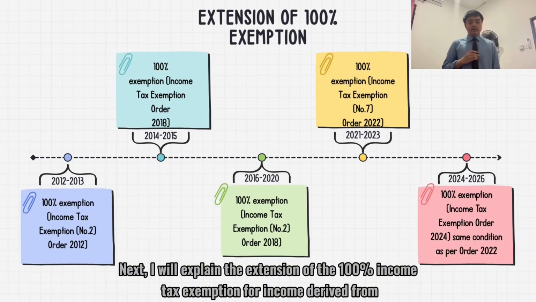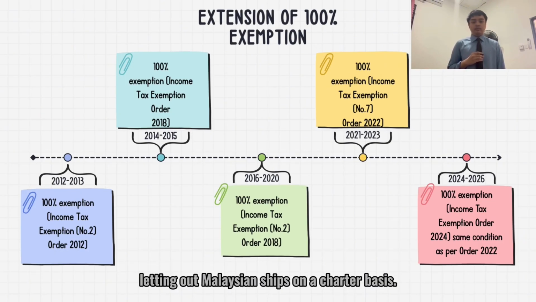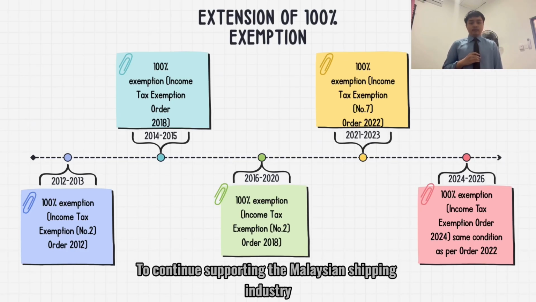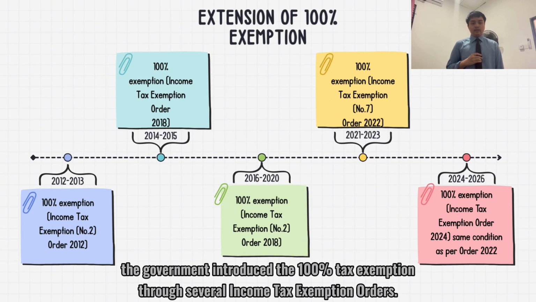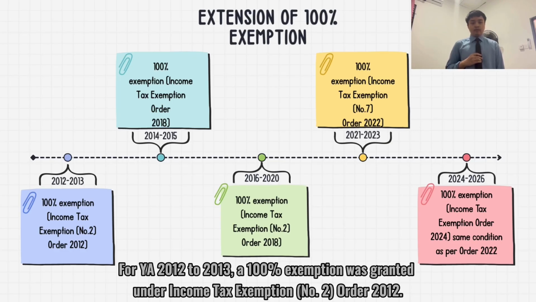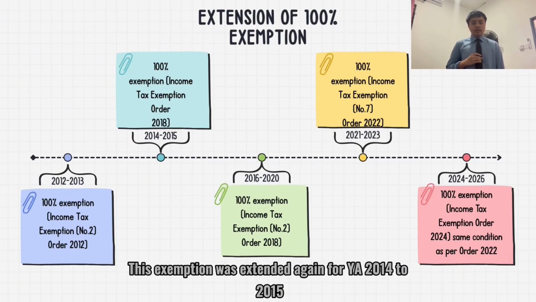Next, I will explain the extension of the 100% income tax exemption for income derived from letting out Malaysian ships on a charter basis. To continue supporting the Malaysian shipping industry, the government introduced the 100% tax exemption through several income tax exemption orders. For year of assessment 2012-2013, a 100% exemption was granted under Income Tax Exemption No. 2, Order 2012. This exemption was extended again for year of assessment 2014-2015, followed by another extension covering year of assessment 2016-2020